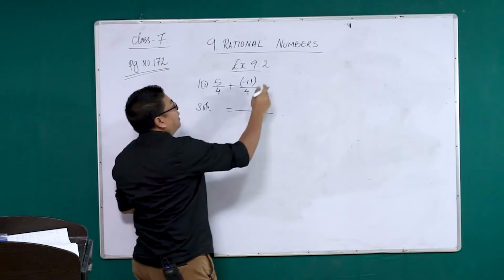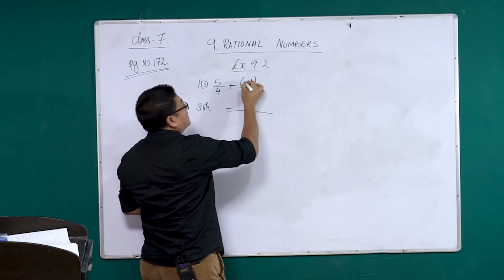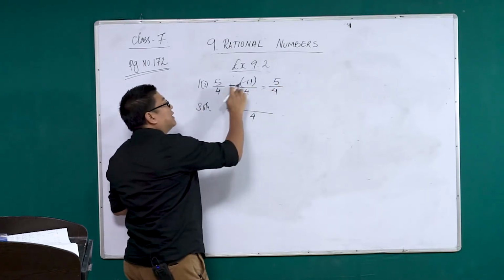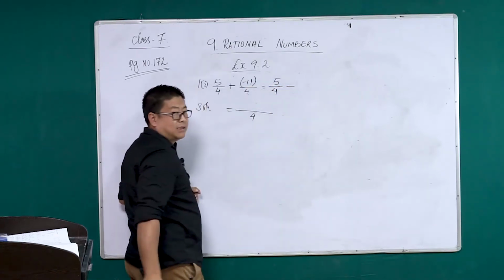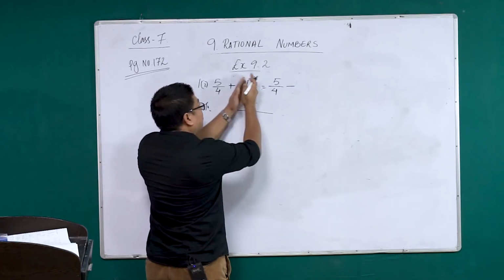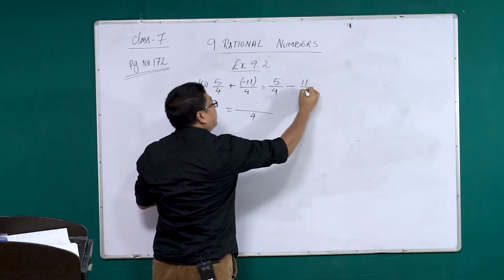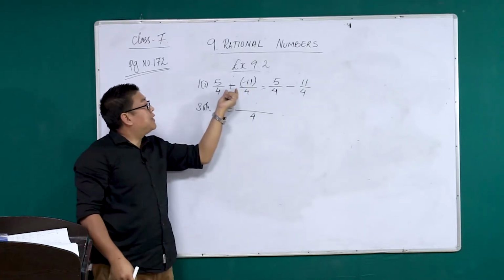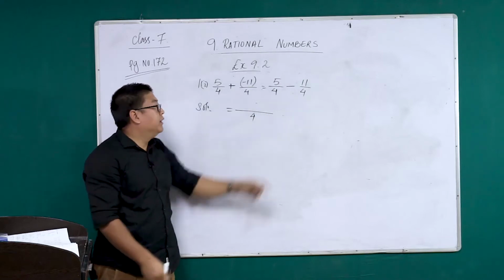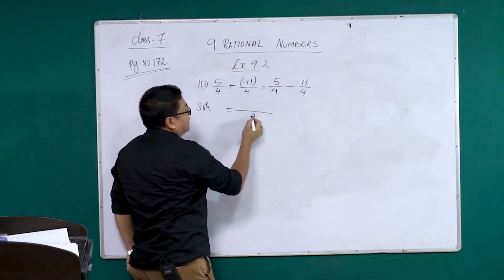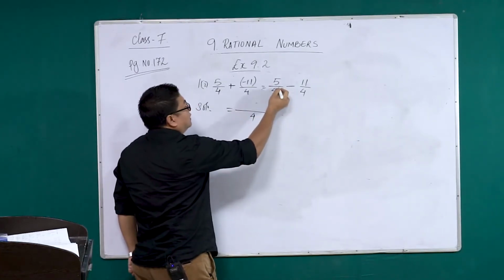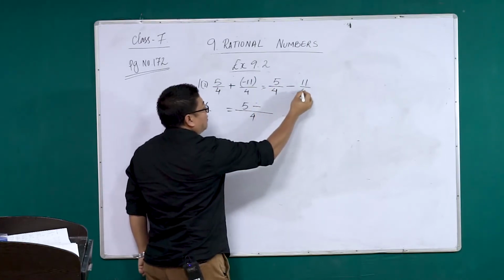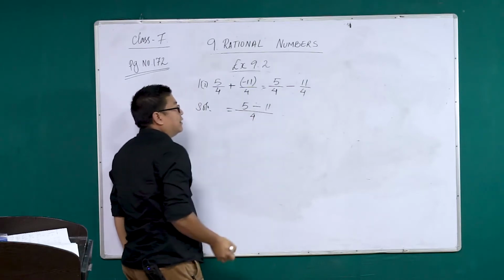Now, before we go here, we can see that there's a plus and a minus sign here. So we will change this: 5 by 4, plus into minus is minus, all right? And this bracket will be opened, 11 by 4. Plus into minus, minus. You may be wondering how minus came. It's because plus into minus is minus, okay? So after that, take common 4. And since this is 4, we simply write 5 minus. Both of them are 4, so take directly 11.